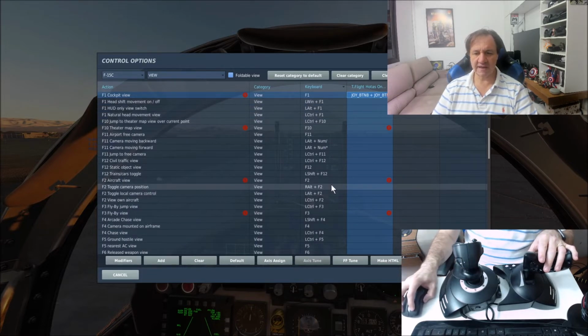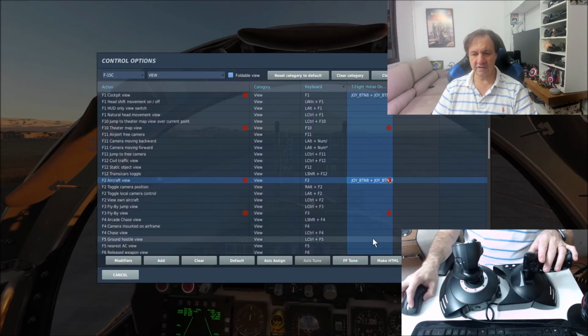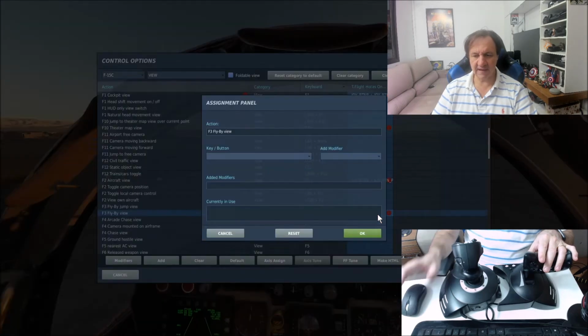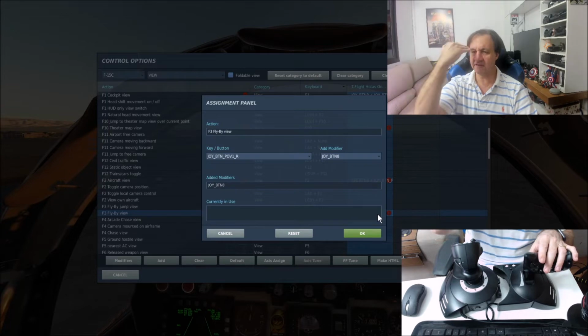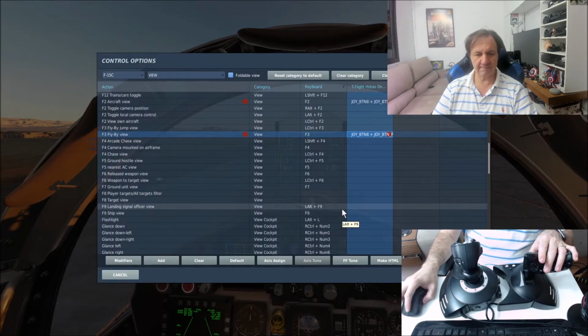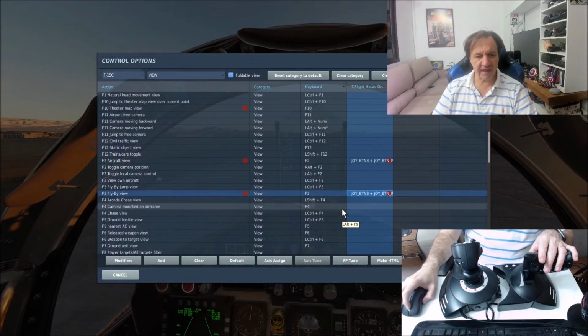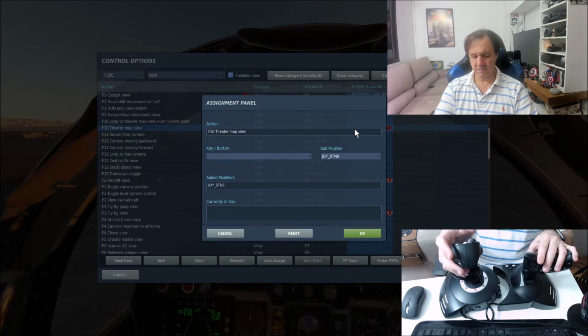So I like also to use the aircraft view, modify left. I love also flyby. It's a view that allows to see the airplane coming like in this direction. And I like also to map the F10, the theater map. Modify and right.